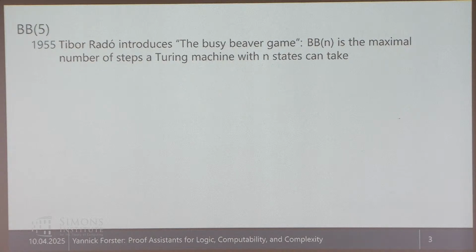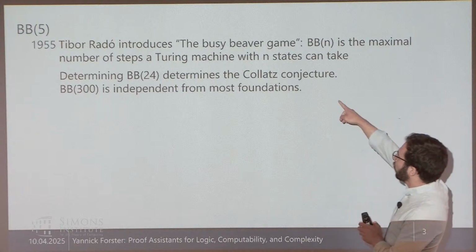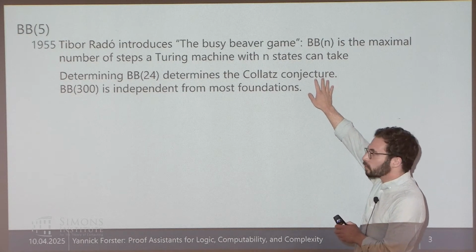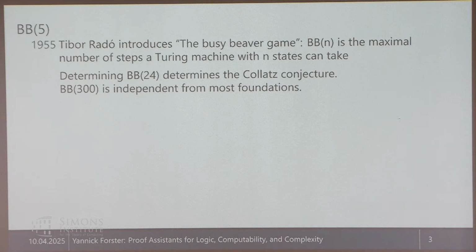So the busy beaver number of 2 is something like 7. The busy beaver number of 3 is something like 107, something like this. And then it becomes more interesting. And for high numbers, it becomes super interesting because I think determining the number of BB(24) would solve something that's very related to the Collatz conjecture. And if you go up to numbers like 200 or 300, these values are in general going to be completely independent from your foundation, meaning you cannot settle any value because it's doable to encode your foundation into a Turing machine. So you can have a Gödel-style consistency argument, incompleteness argument, code it into a Turing machine, and then you have that.